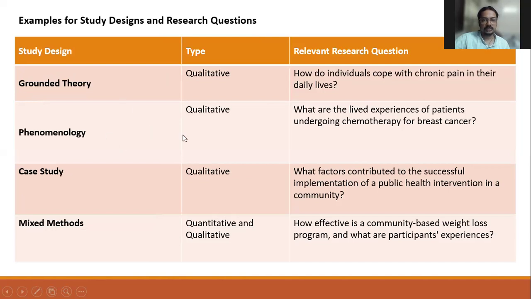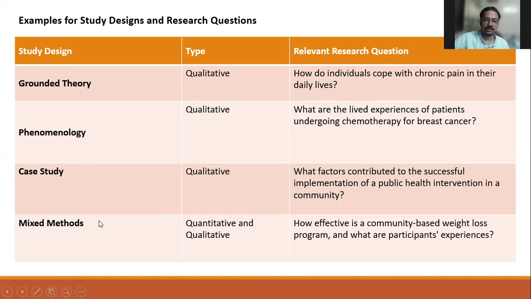Now, these are the types of qualitative research design and their relevant research questions. For grounded theory: how do individuals cope with chronic pain in their daily lives? The example of phenomenology includes: what are the lived experiences of patients undergoing chemotherapy for breast cancer? The example for case study design includes: what factors contributed to the successful implementation of a public health intervention in a